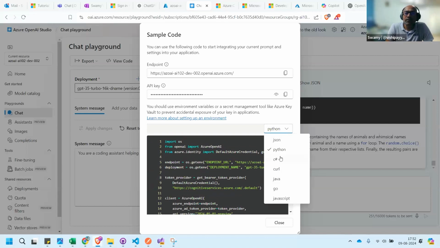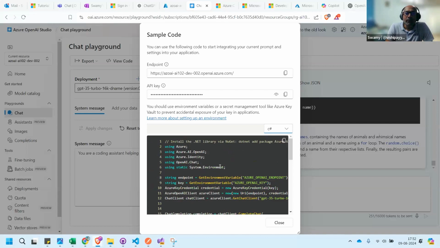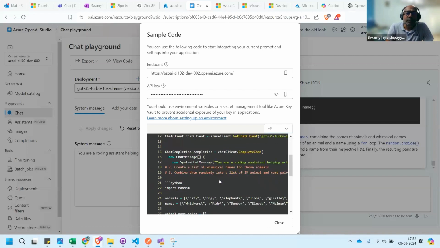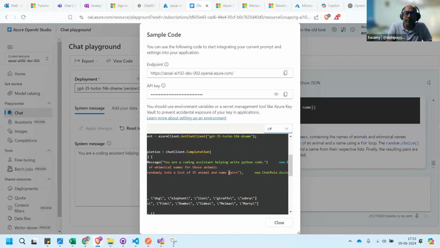So this is the sample which I'll show you. So here there are two things which are going out. One is the chat messages where we are calling chat client dot complete chat. We are saying one of the messages should be a system message where you're telling what is the role of the model right now. And you're saying that you're a coding assistant.